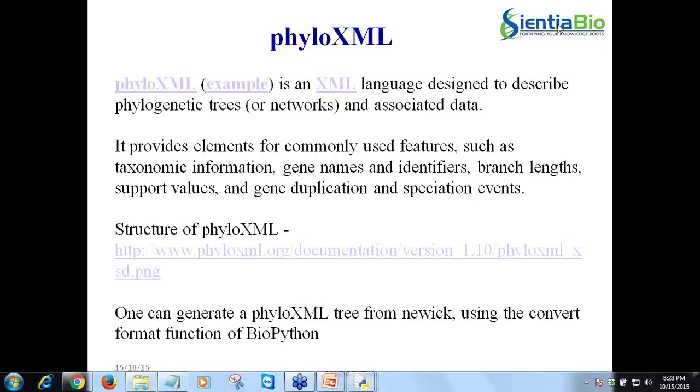So, a language called PhyloXML was designed to describe the phylogenetic trees or networks and the data